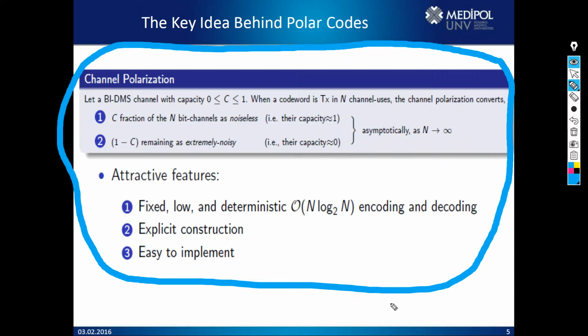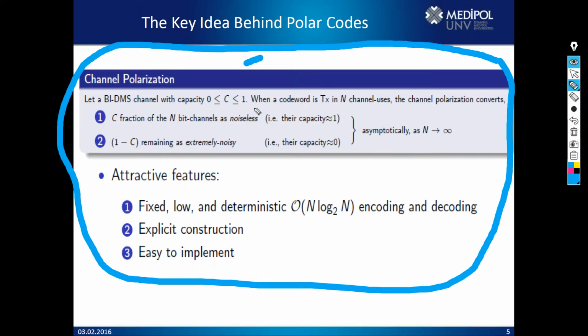So it says here, the channel polarization phenomenon. Let a binary input discrete memoryless symmetric channel with capacity, the capacity of this channel is between 0 and 1. Binary input is that you are allowed to transmit as input 0 or 1. Discrete memoryless, it doesn't have memory, means there is no dispersion, no multipath, and the capacity of such system is usually limited between 0 and 1. 1 means this is the maximum data rate you can achieve, 0 is the lowest, and your capacity is usually